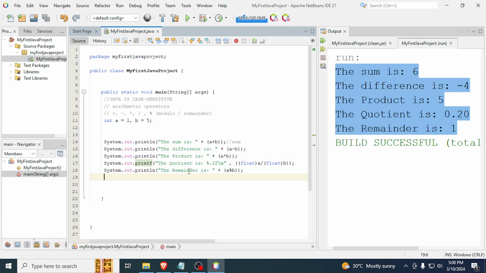Hello and welcome back to another lesson with Java. And in this video, I would like to tell you that with Java, we can also accept user inputs just like